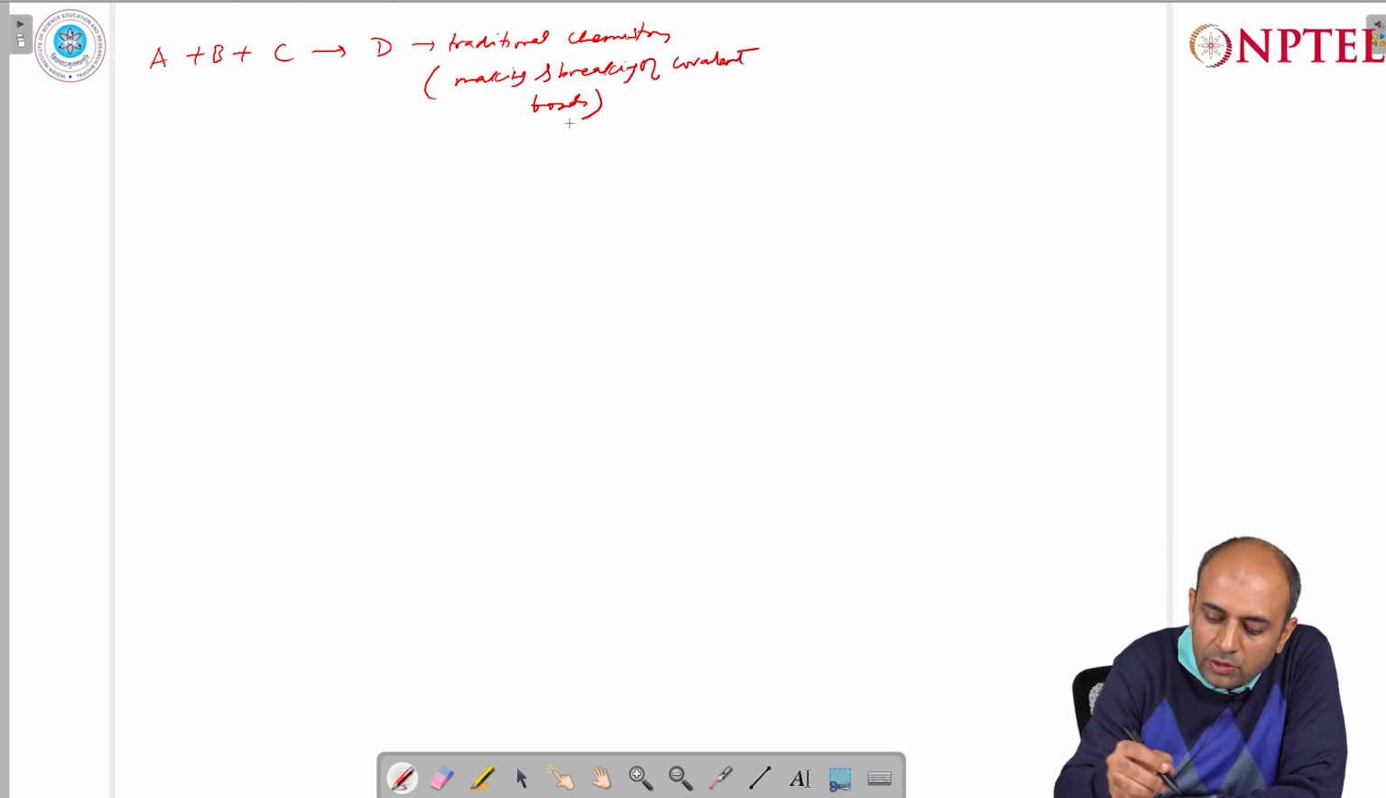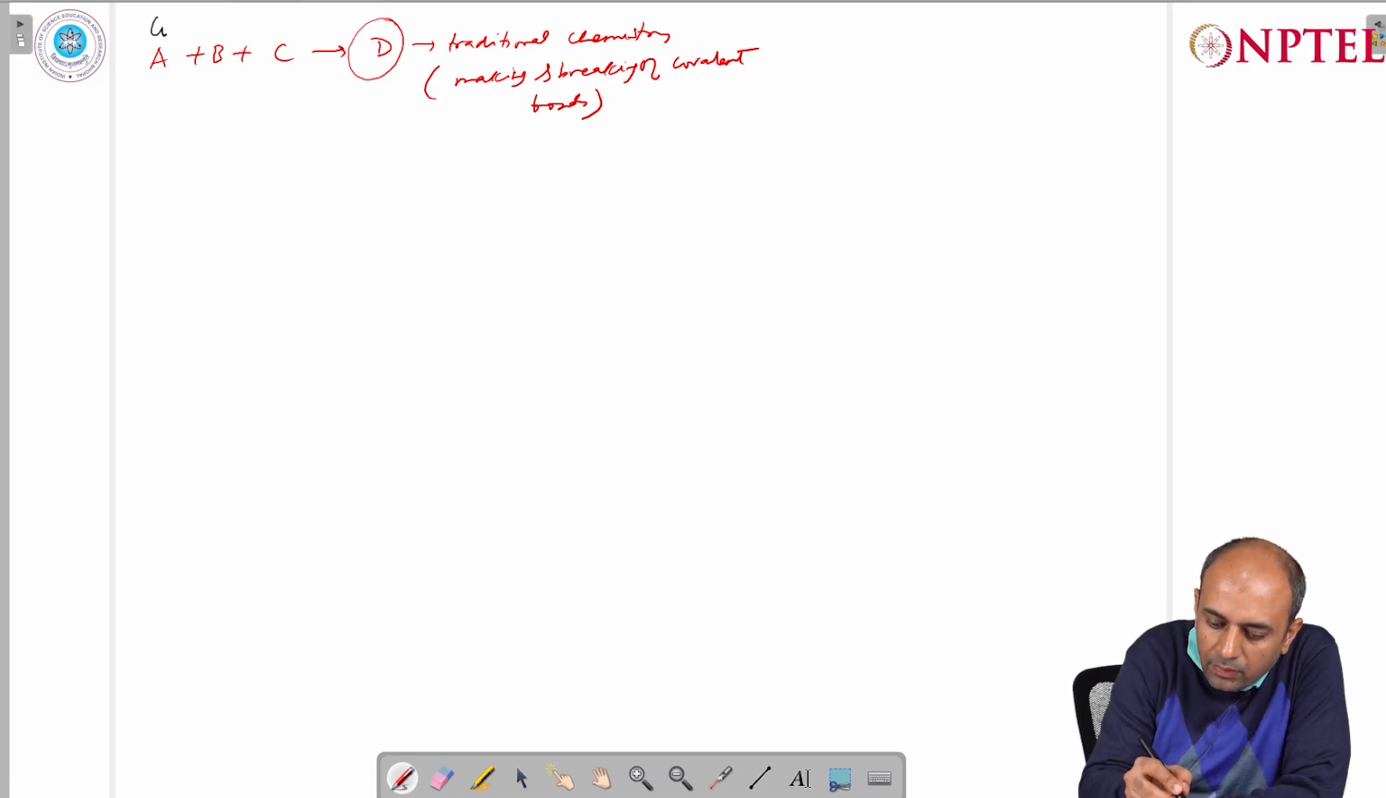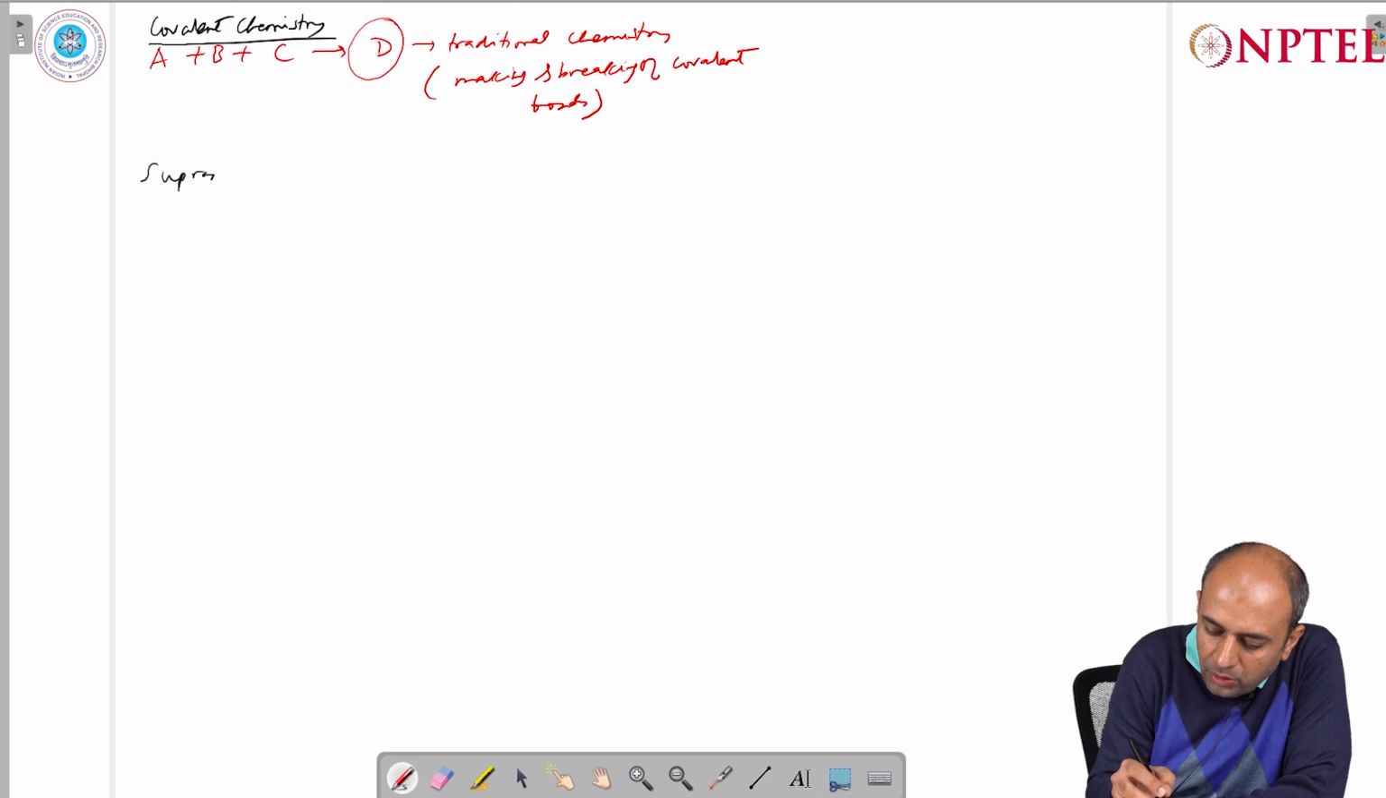So, we have some bonds which are being broken in A, B and C, and they are all reacting together to give a new product D, and the properties of D are fundamentally different from the properties of A, B and C. On the other hand, this is your traditional chemistry, which we also call covalent chemistry. In the case of supramolecular chemistry,